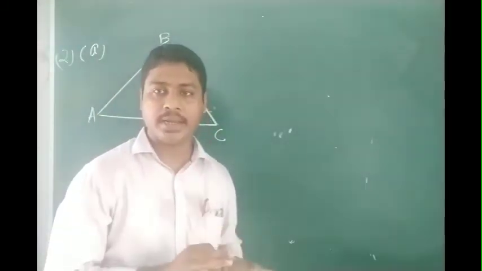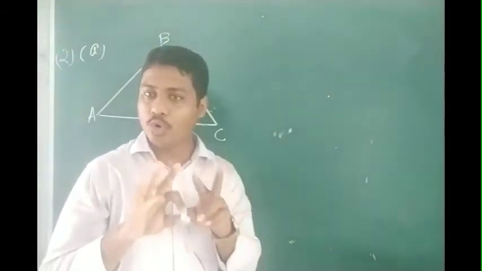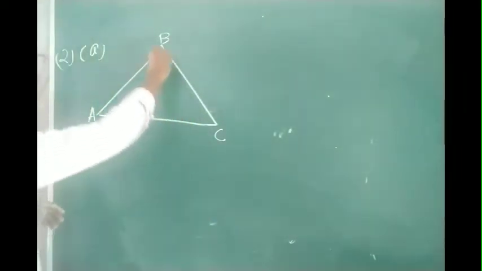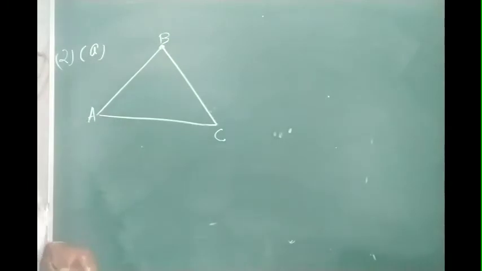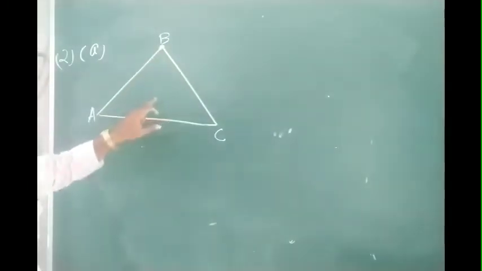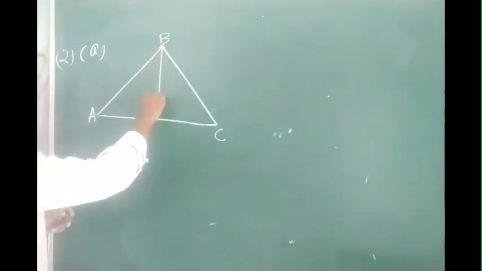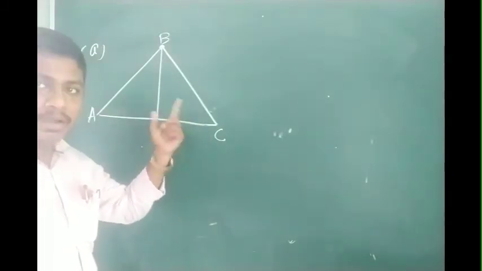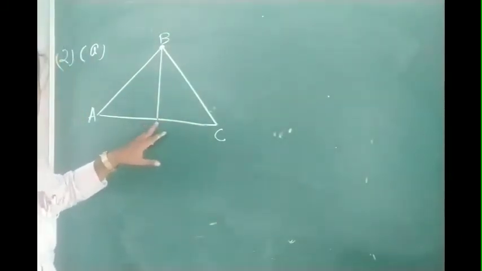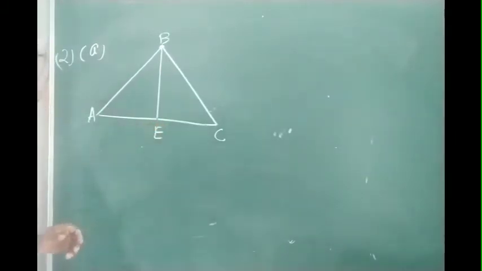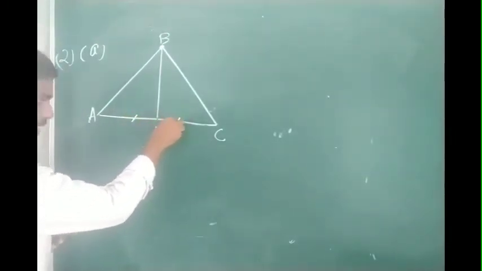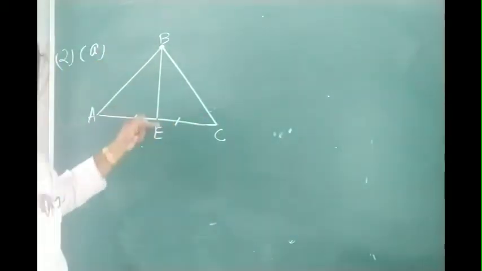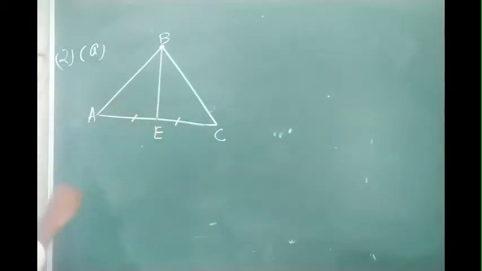So we know that a median divides this side into two equal parts. Like suppose if I draw a median from here. For a median, you have to choose one vertex. From the vertex, you have to draw one line to the opposite side, because it is given the vertex will be B and the side where it will be intersecting, it will be the point E. Here the AE line and the EC line both are having the equal value, therefore we can consider that this BE is a median. Okay, so this is for A.